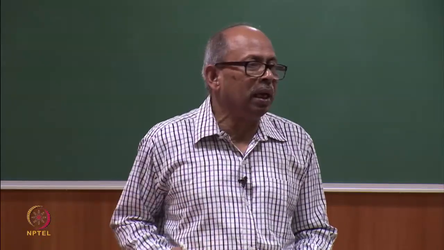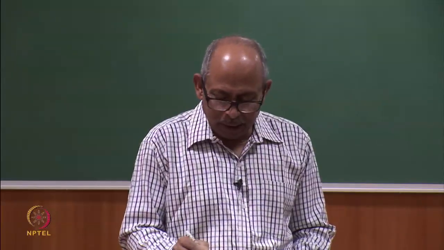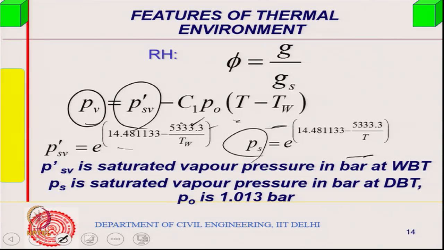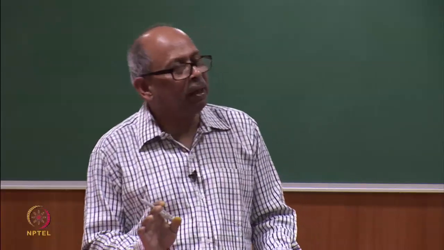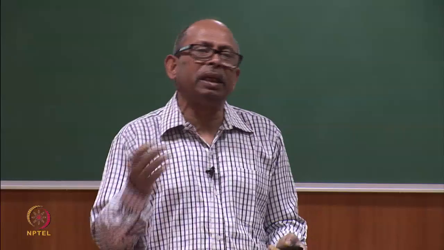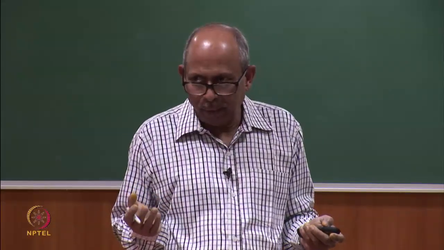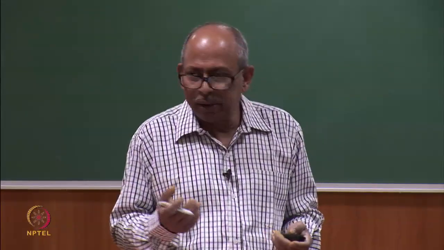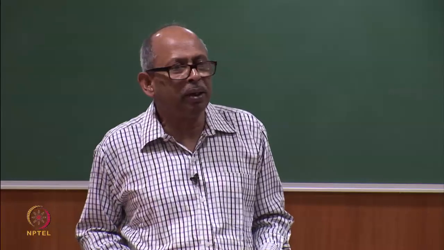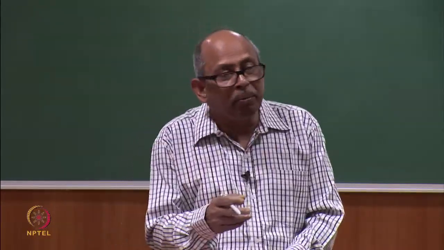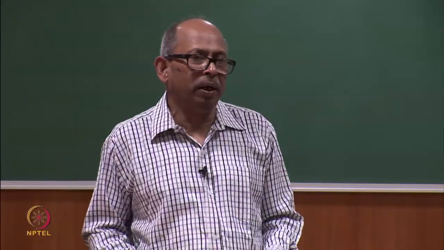So, you can actually calculate G and Gs from this empirical equation. Instead of using Tw, if you use T, then you get Ps. So in that question, relative humidity was given to us. If relative humidity is given, then straight away you can find out the moisture content corresponding to that, because saturation humidity you need. And if wet bulb temperature is given, you can also find it out.